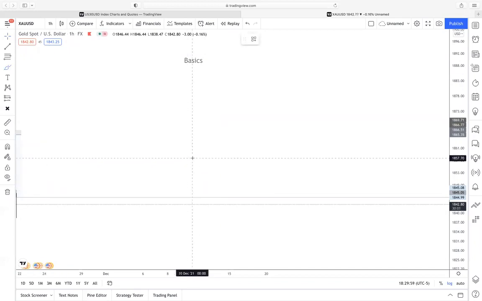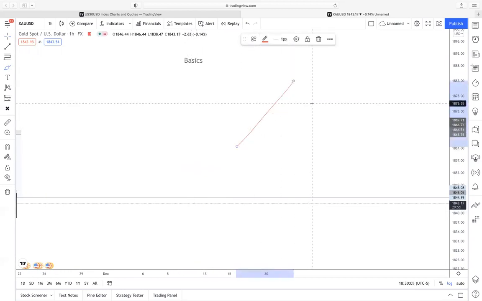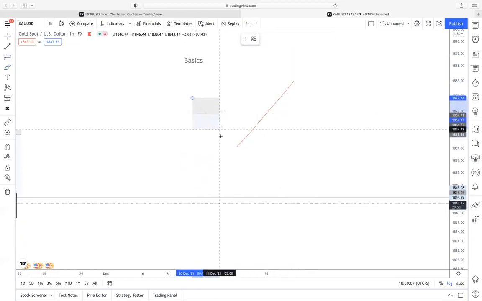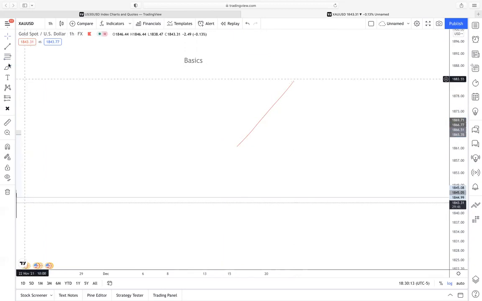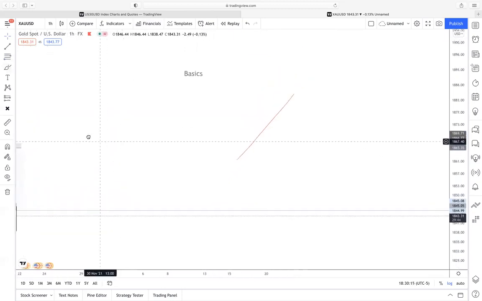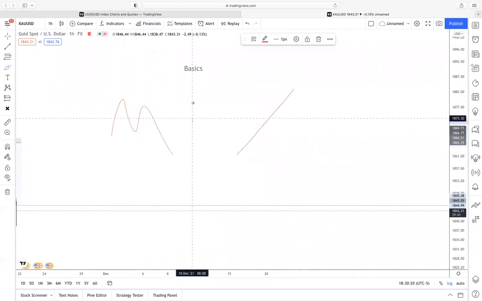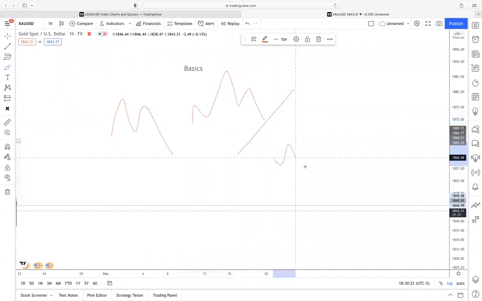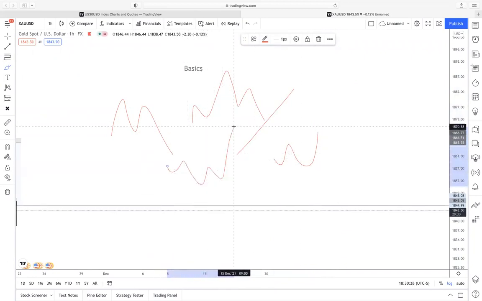So essentially, everyone knows the basics. Everything that you get from Babypips, such as trend lines, Fibonacci pullbacks. As you can see, ours are different, and we'll get into that later in the course. You have patterns such as head and shoulders, right? Double tops, double bottoms, inverse head and shoulders, and so much more.